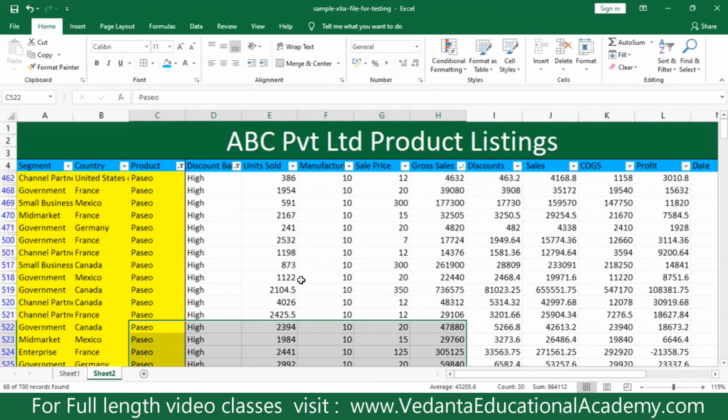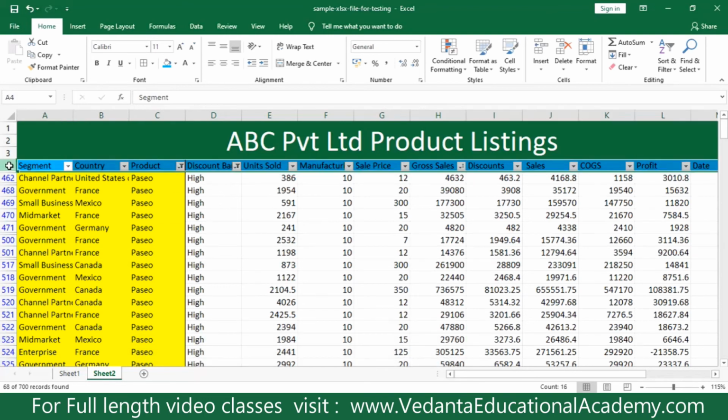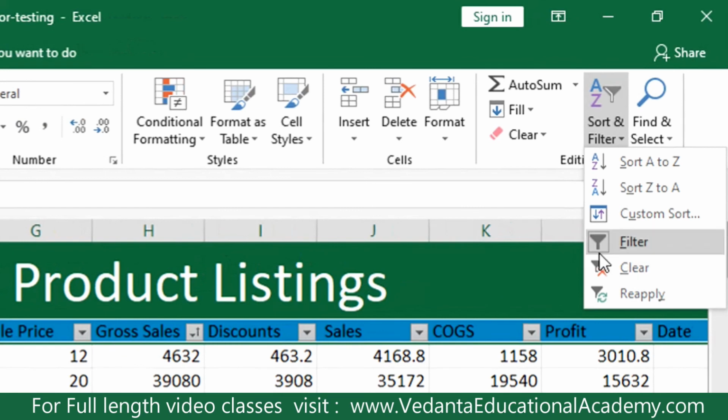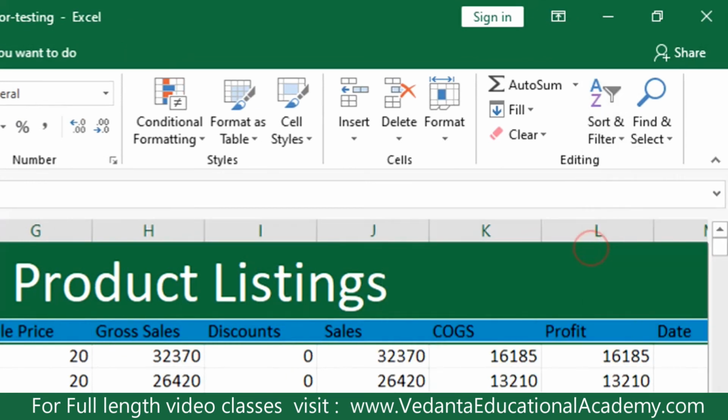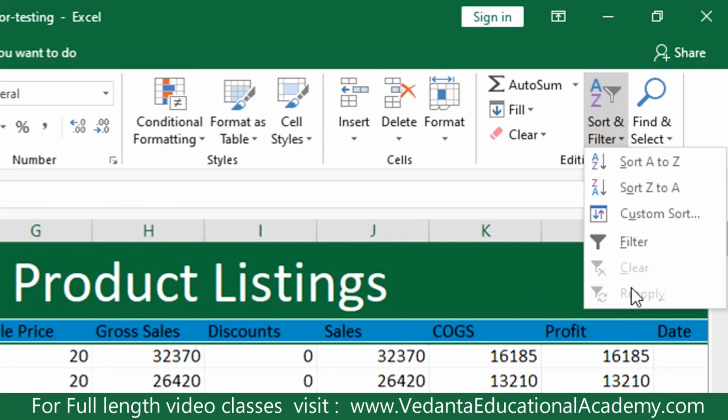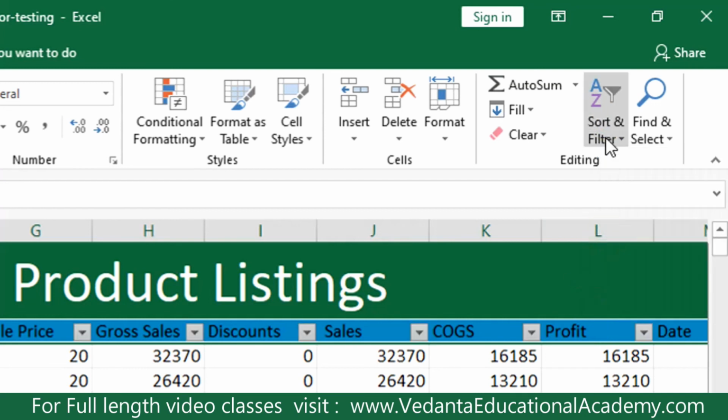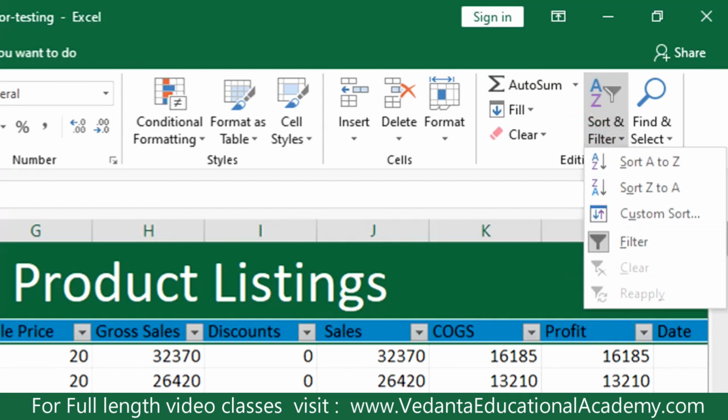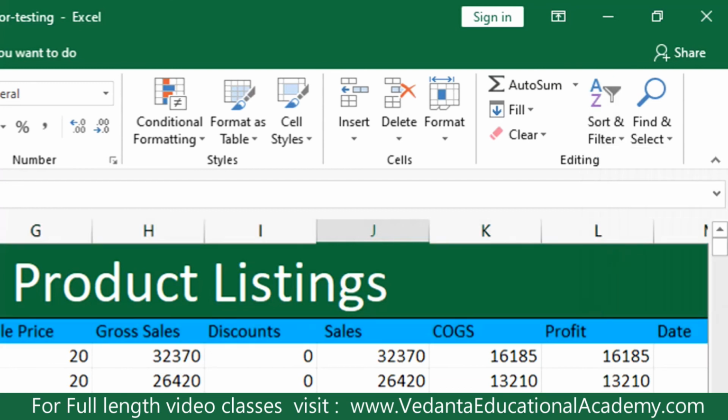So this is how we work with filters. And if you would like to remove all the filters, select all the headers and again click on Filter. Now you may see that the filter box is already checked. It means it is already filtered. So when you click on Filter once again, that filter will be removed. Now there is no box on Filter. Now I'm going to activate it. This time again the filter is activated. You may see the box. To deactivate, again click on the filter. Now the filter has been deactivated.